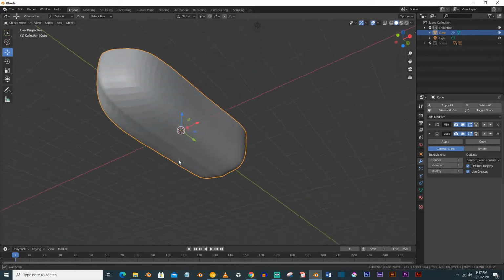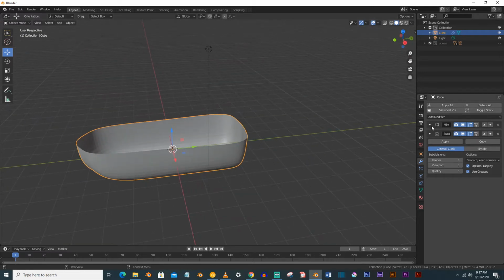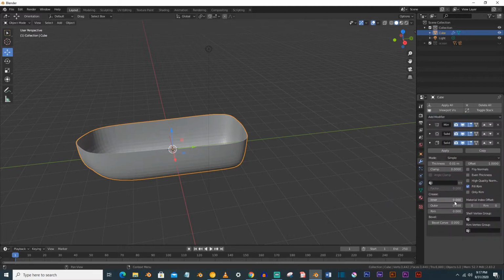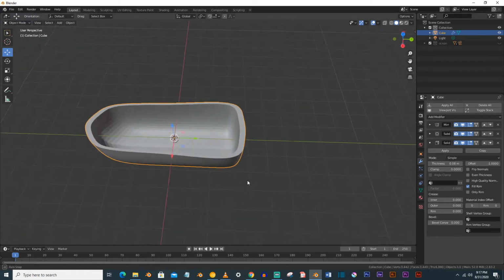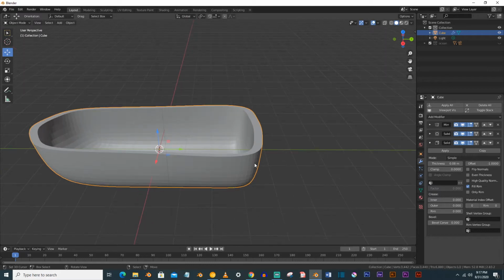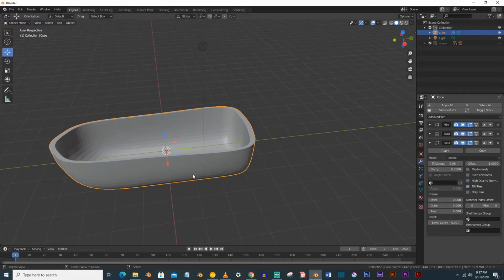Now you can see the crease, and now you have to apply the solidify modifier. So we will make our boat thick, something like this. This thickness is enough, I think, and a little bit down this.